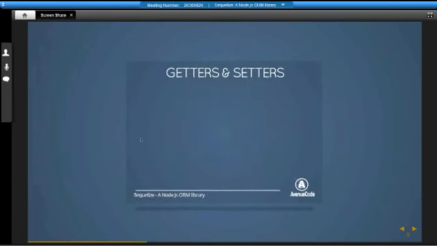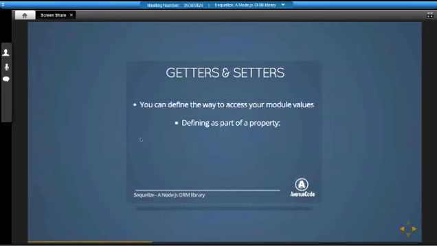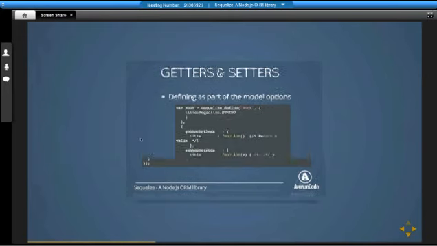So even with Sequelize creating the getters and setters for you, you can define your own getters and setters functions. And you can do this in two different ways. The first is defining at the property level: when you are defining a property inside a model, you just add the parameter get and set, and this function will be evaluated every time you call this method. And also you can do that